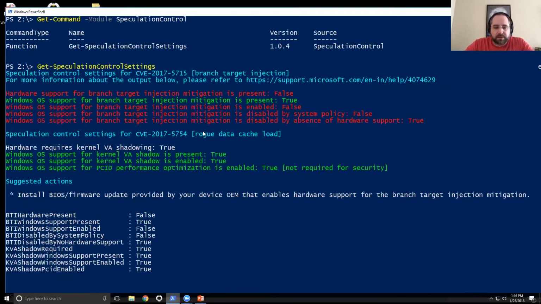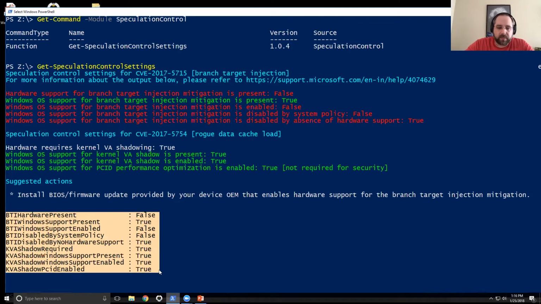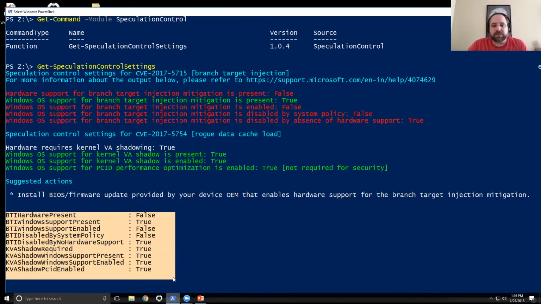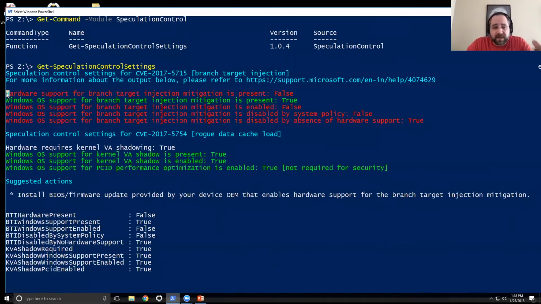And you can see that it goes through and enumerates a lot of different things with the CPU and the BIOS, and tells you what you need to do. More specifically, it just grabs a few different things and outputs this. This is actually a PowerShell object in the background, and gives you some good information to let you know what you need to do to this machine, if you're vulnerable or not, that sort of thing. The biggest thing you'll notice is that it provides a lot of information here,